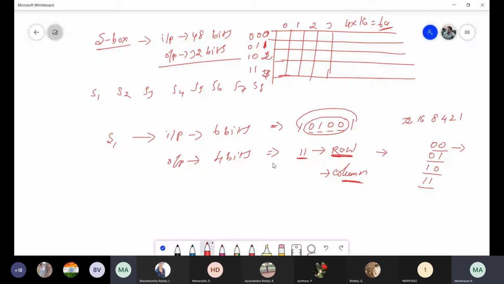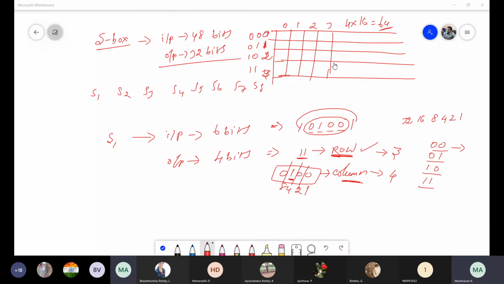Now, sorry, here I also erased 0, 1, 0, 0. So 1, 1 means here the value is 3. Very good. Then 0, 1, 1, 0 in 8, 4, 2, 1 code: where is 1 present? In the place of 4 and 2, so here the value is 4 plus 2. Correct or not? 8, 4, 2, 1 code is what we are applying here. That's it. Now third row, fourth column. Third row, fourth column.